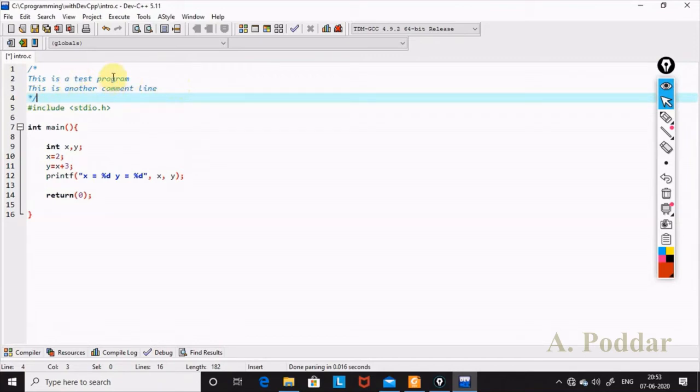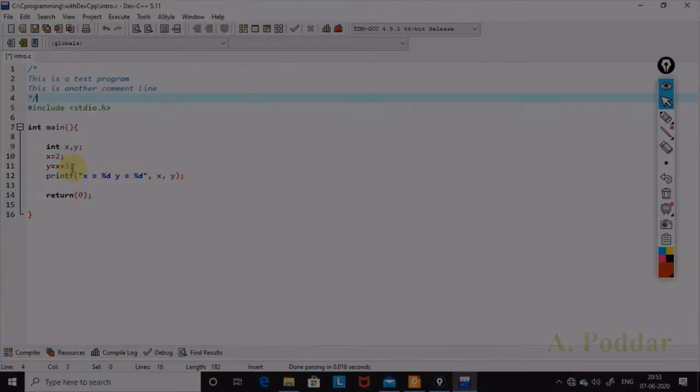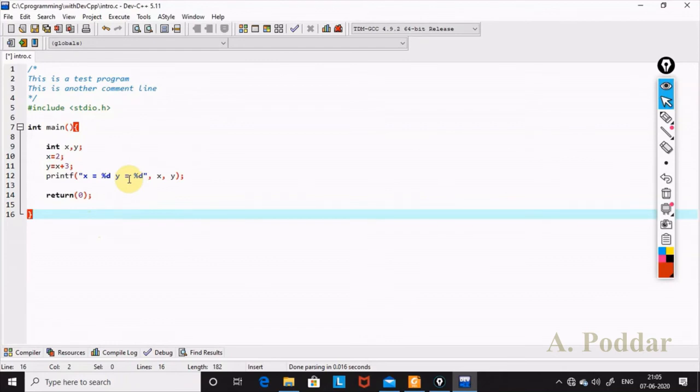You can put comments, be it a single line comment or a multi-line comment, at the top of the C program or anywhere within the C program. You need to keep in mind that when you compile your program, the compiler ignores all the single line, multi-line comments. So why do we need them at all? We need them so as to make your program more readable, more understandable.